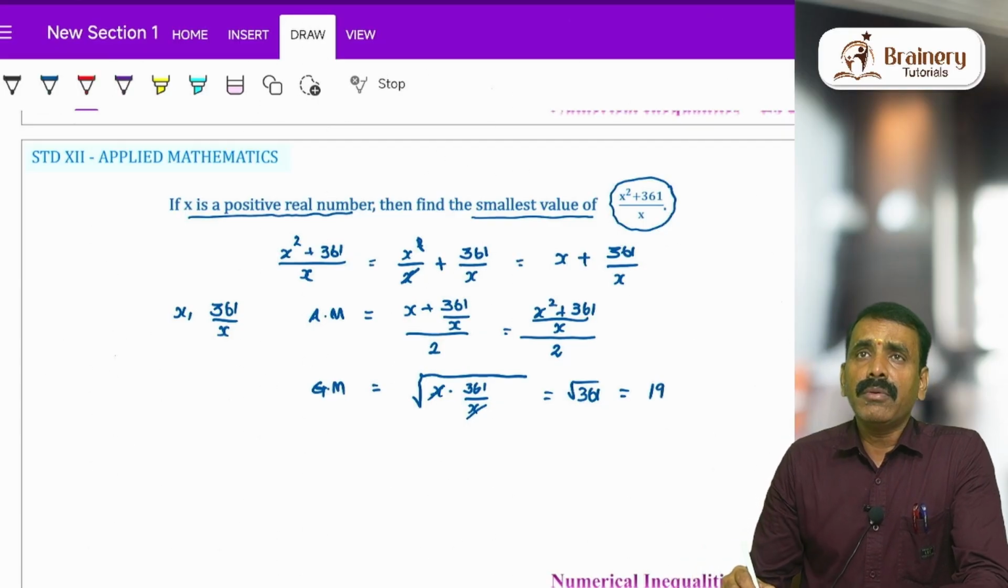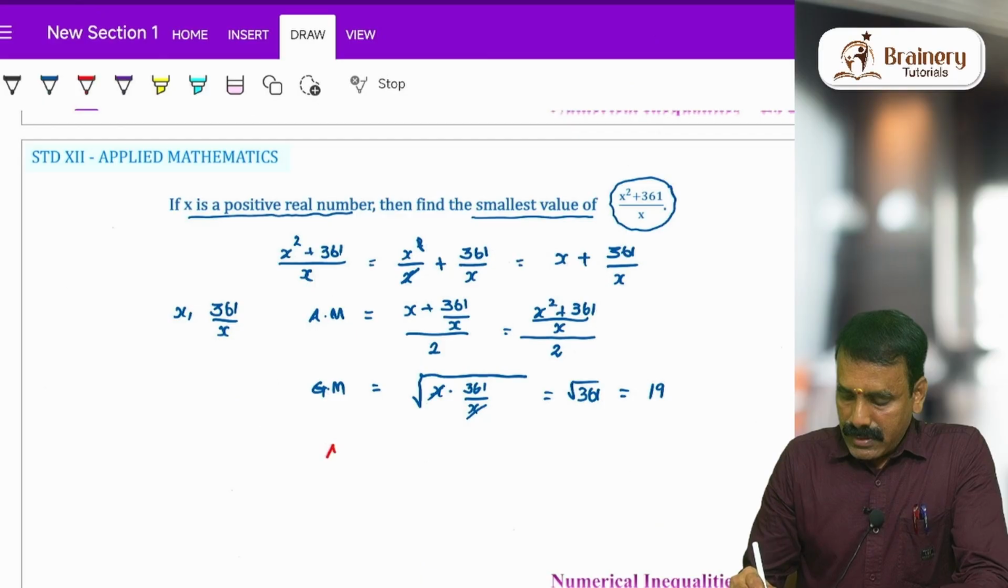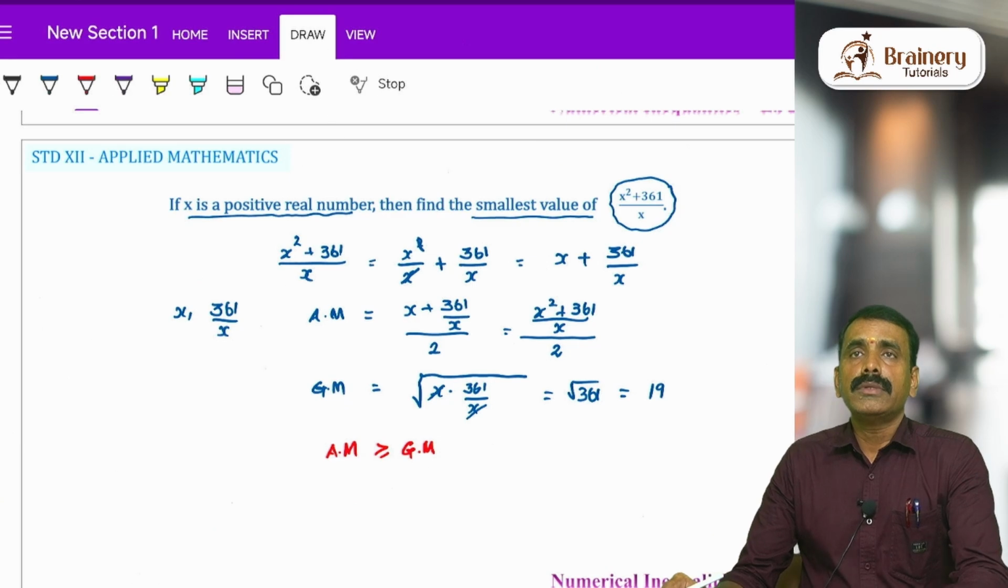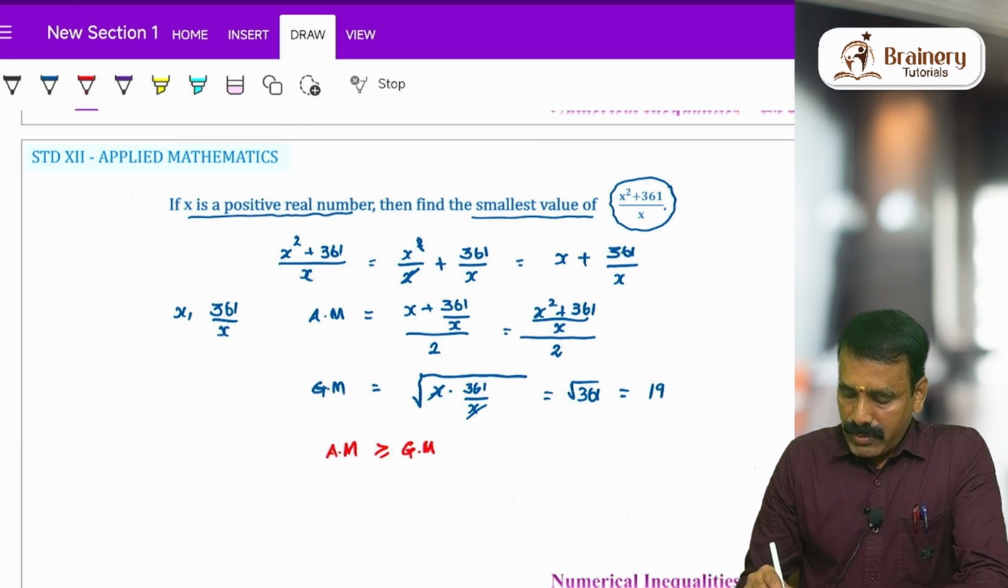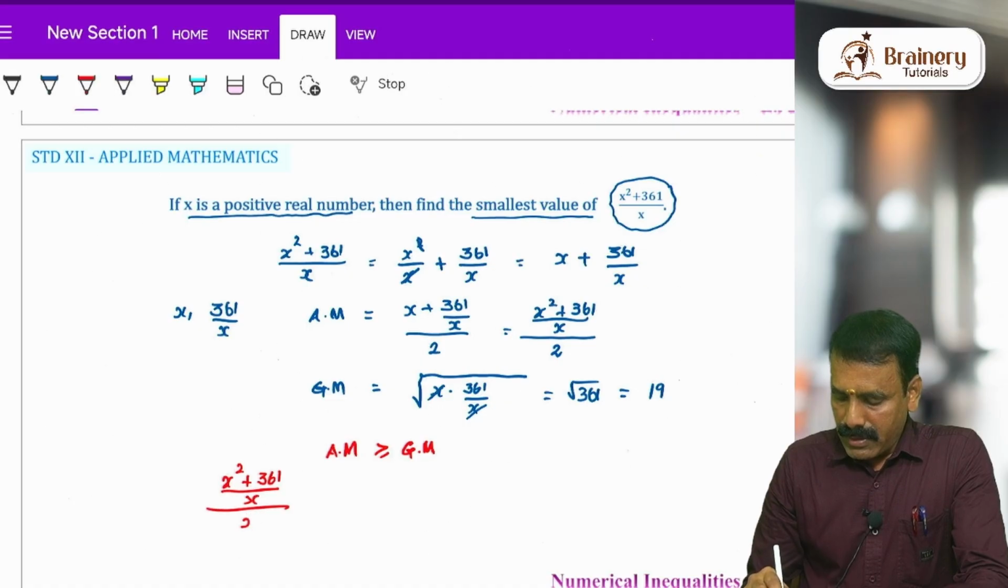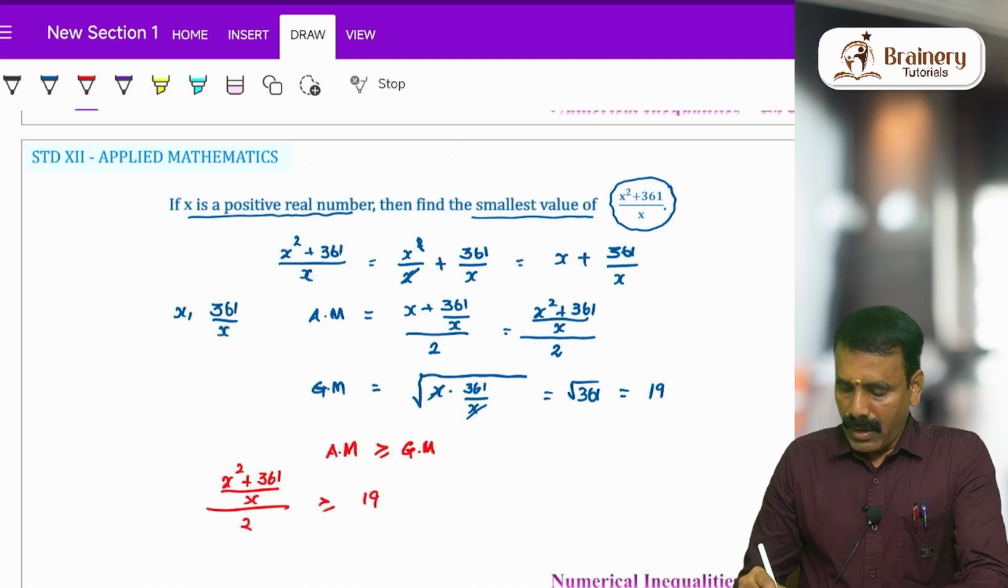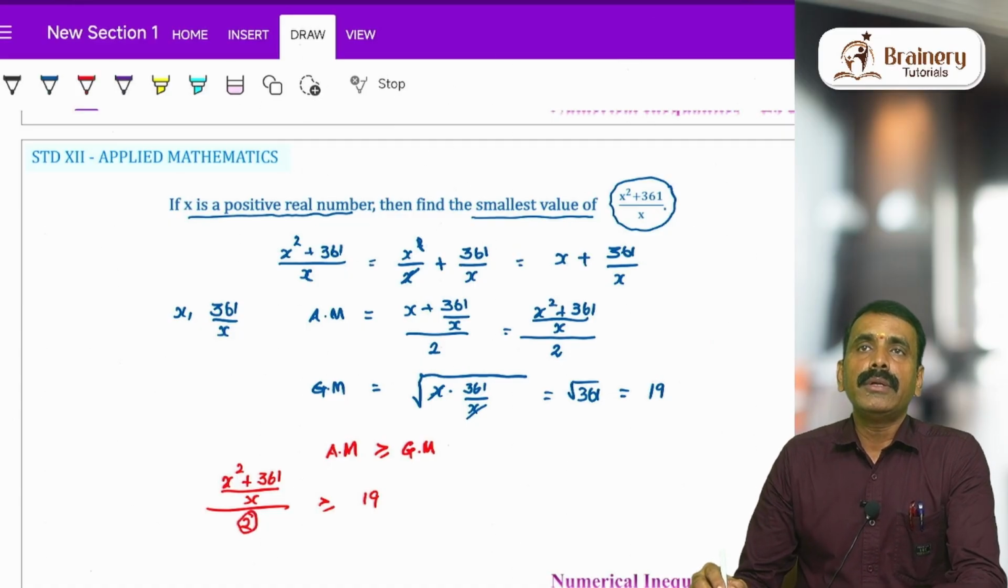Now we are having the inequality, AM greater than or equal to GM. So apply this one. You will get (x square plus 361 by x) divided by 2 greater than or equal to 19. I want to remove this 2 in the denominator, so I multiply by 2